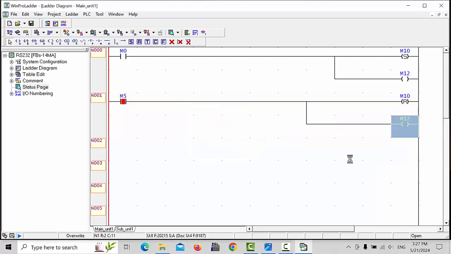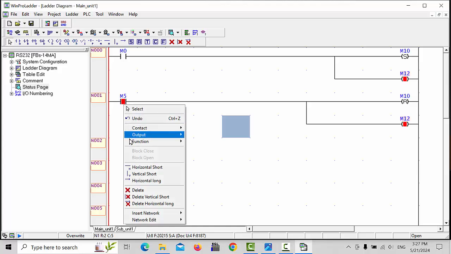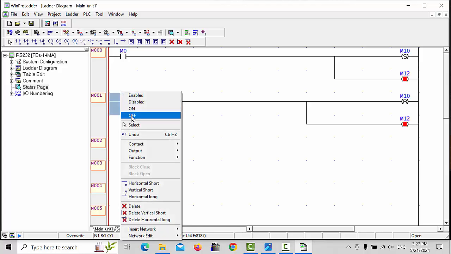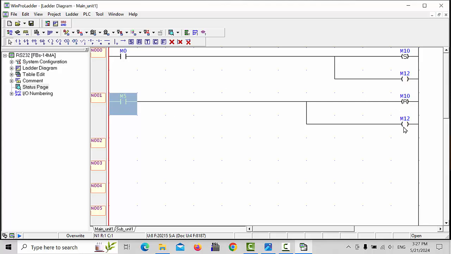and also we will make this the same as in running condition. See, now M12 is on. As we make this off, your M12 will be closed. But now